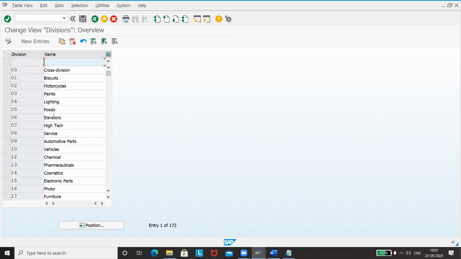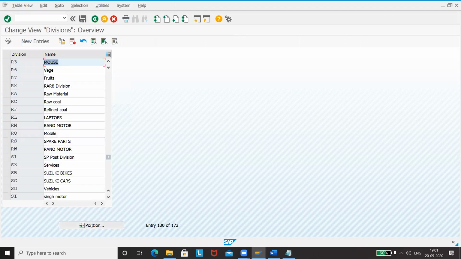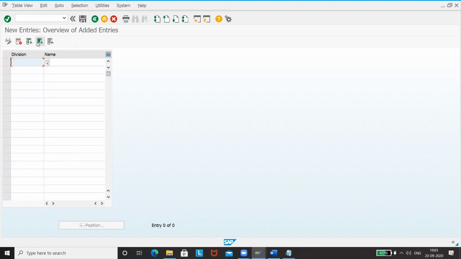For division, we'll see first if we have R3 division already created or not. See, someone has created this R3 division. Since we will not be able to use whatever is already created, let us create our own division and give some name. We can give the name R7. Okay, R7 is there as well. So let us use some RX. Please remember this. It is very important because without giving RX for this division, you will not be able to proceed.